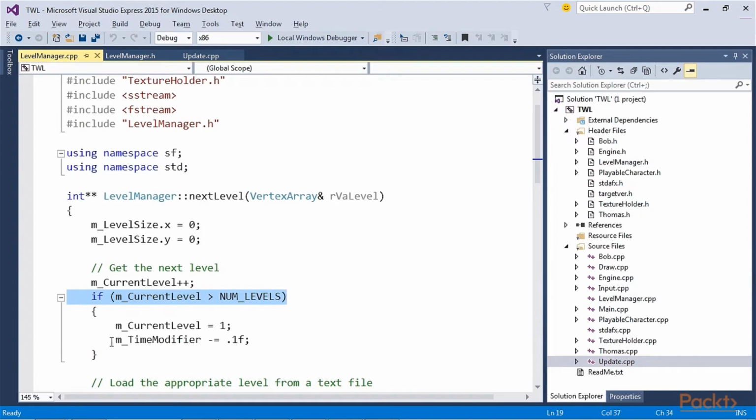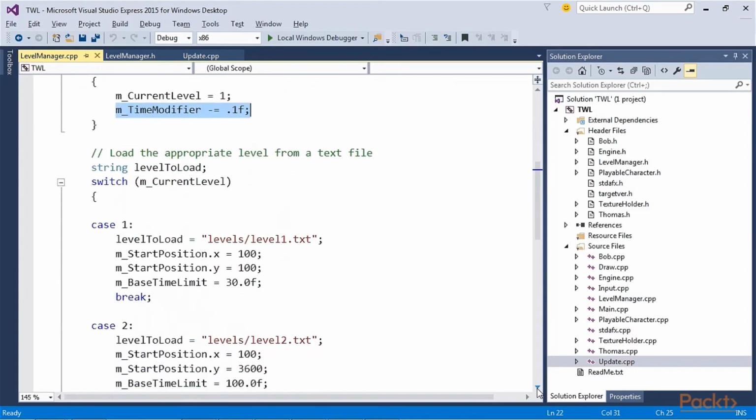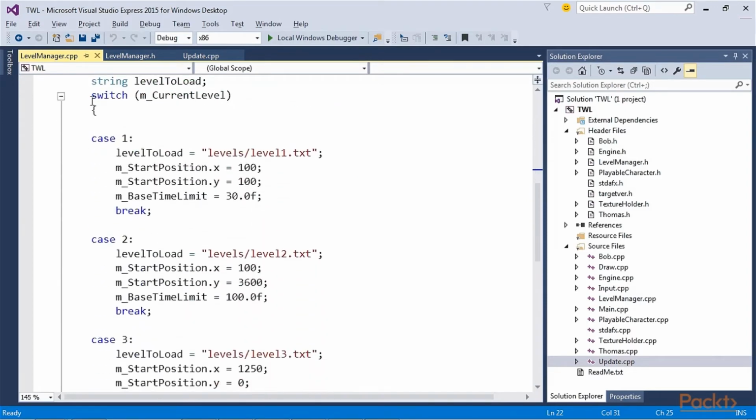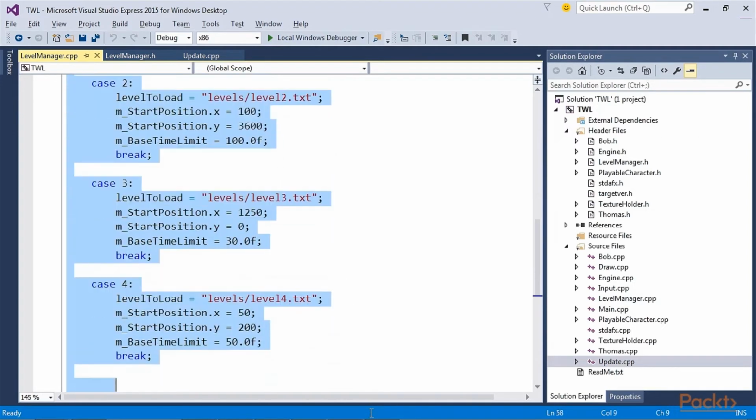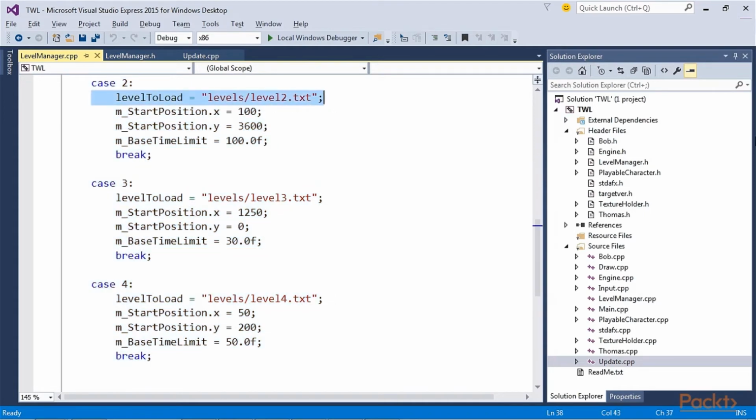If it is, m_CurrentLevel is set back to 0 and m_TimeModifier is reduced by 0.1f in order to shorten the time allowed for all levels. The code then switches based on the value held by m_CurrentLevel. Each case statement initializes the name of the text file, which holds the level design, and the starting position for Thomas and Bob, as well as m_BaseTimeLimit, which is the unmodified time limit for the level in question.